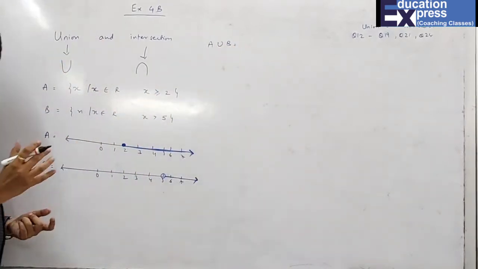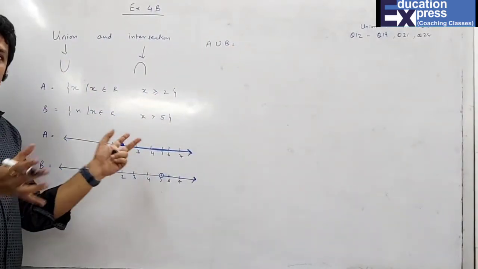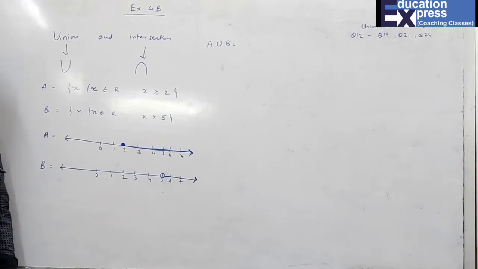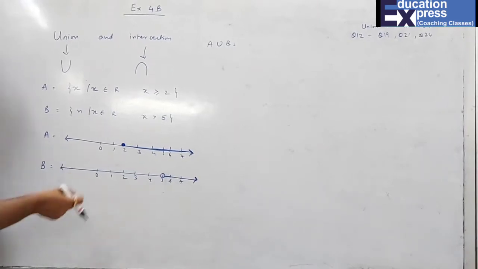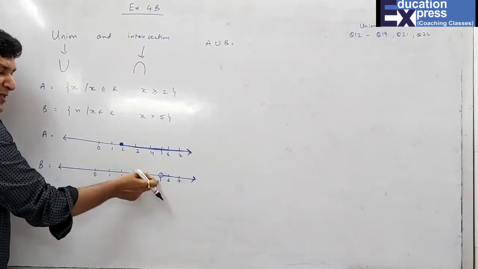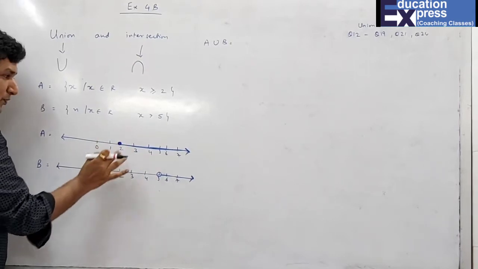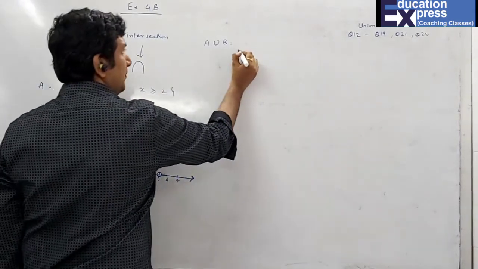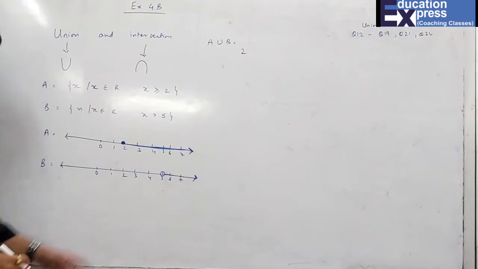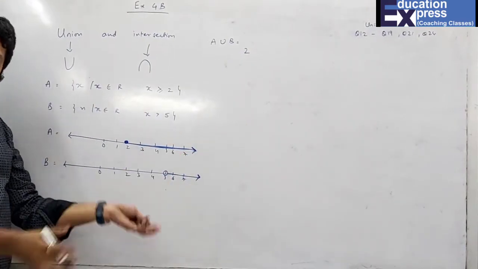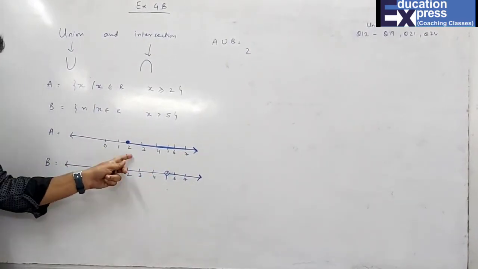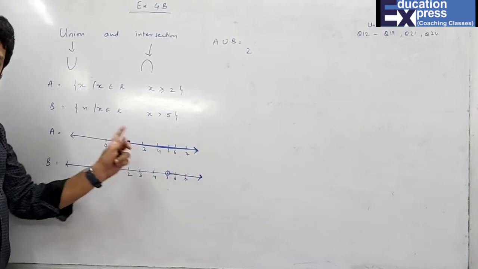for union, students, I was very clear that you have to read all the numbers, they are merging. So now you have to write the maximum left and maximum right. If I go to see for the left hand side, the maximum left is what? 2. That means 2 will come here. Now for the right, both of them are the same, that means they both are infinite. That means here I have read all the numbers which are on the right hand side of 2.